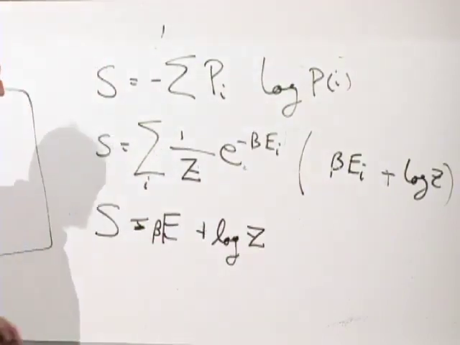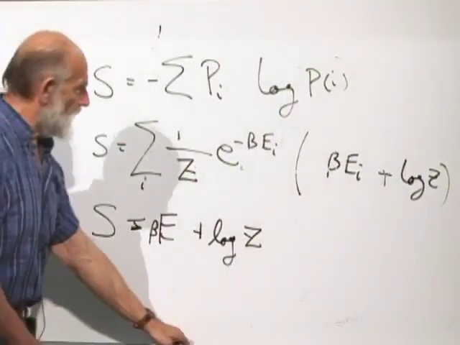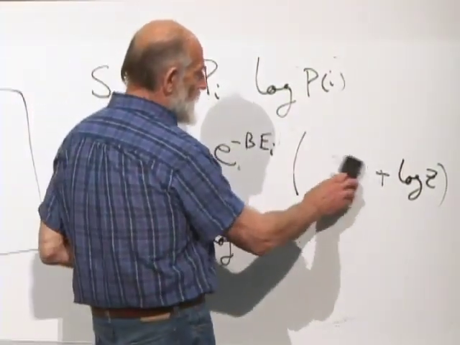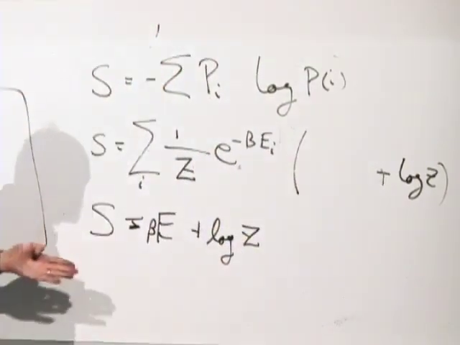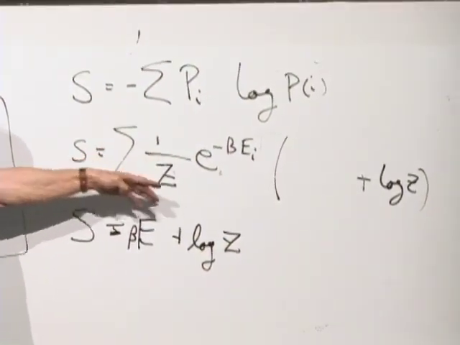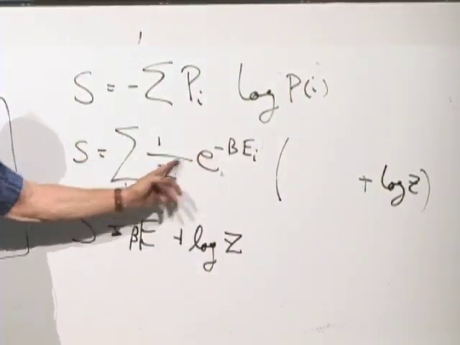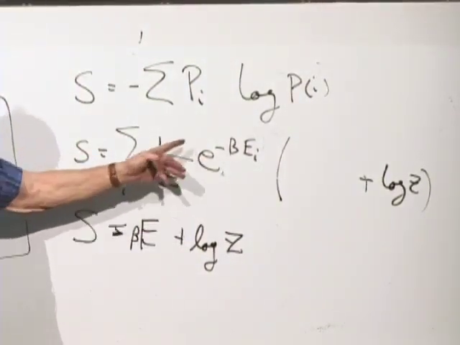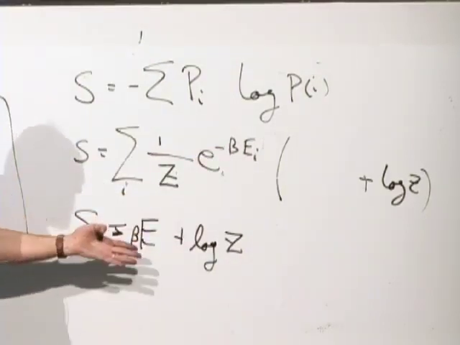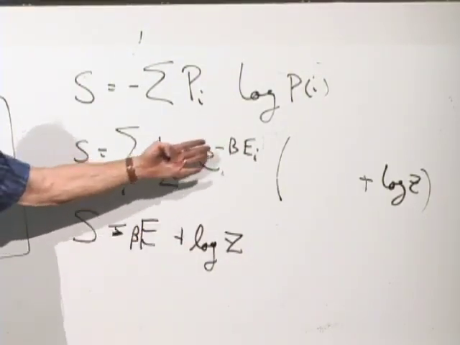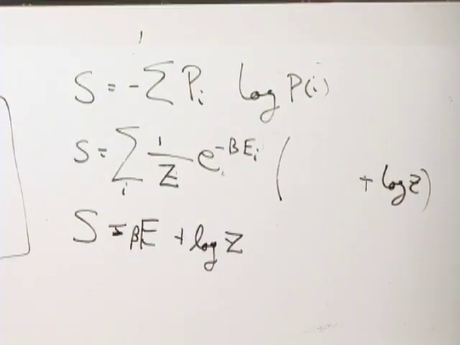Go over that again. We've taken care of the first term here. That was just the average energy. The second term, we can factor out the log of Z on the outside. It's log of Z. And then it's just the sum of 1 over Z e to the minus beta E sub I. That's just 1. So that's it.